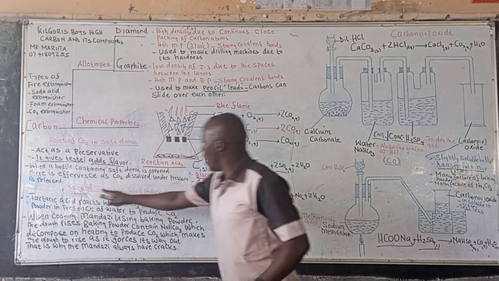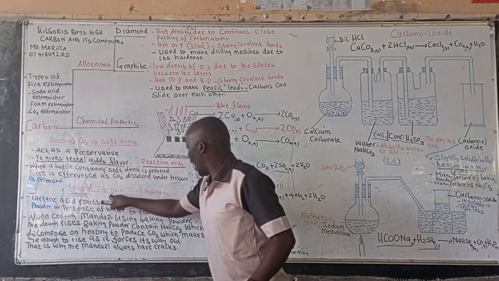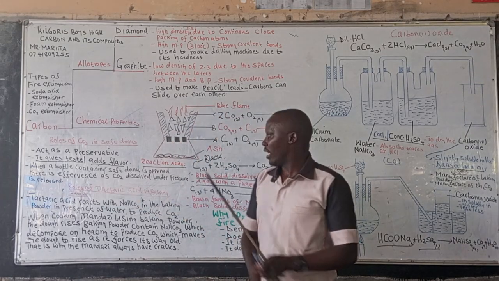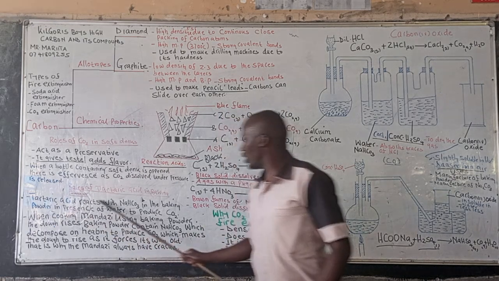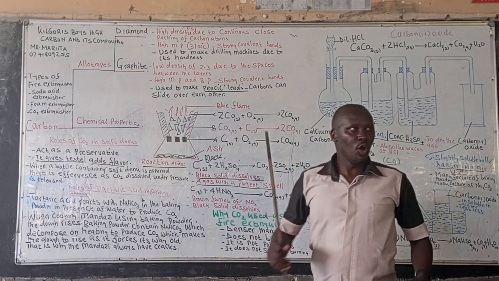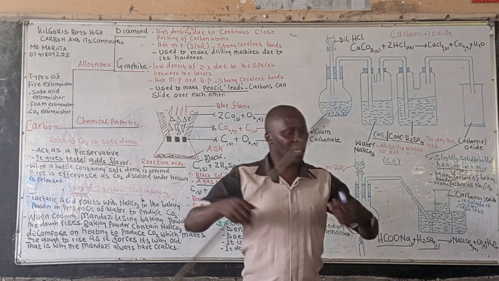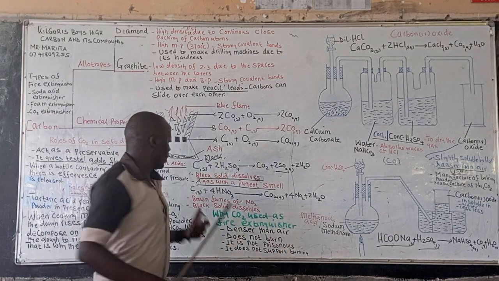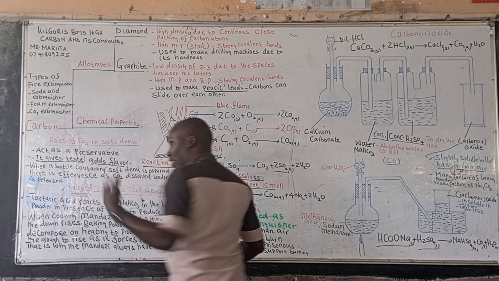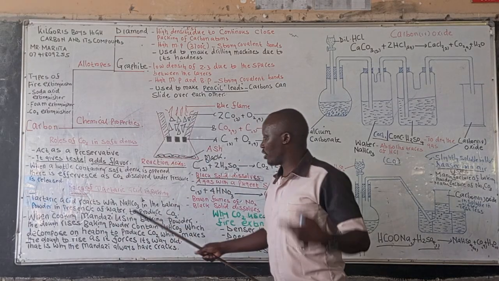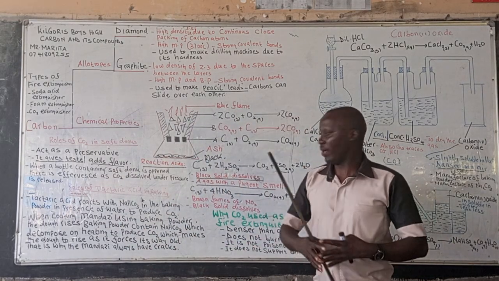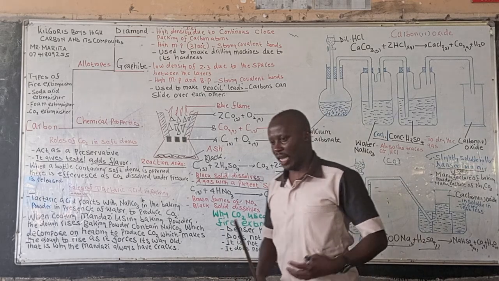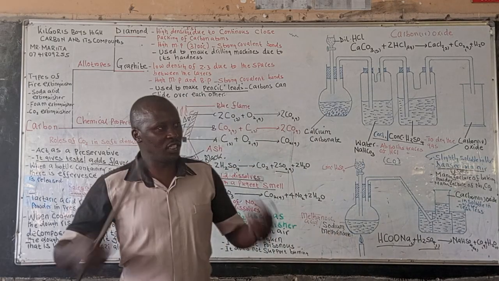Now, what is the role of the tartaric acid in baking powder? Tartaric acid reacts with the sodium hydrogen carbonate. So what we have in that baking powder is sodium hydrogen carbonate. The tartaric acid reacts with the sodium hydrogen carbonate to produce carbon dioxide gas. And that is why now, in most cases,